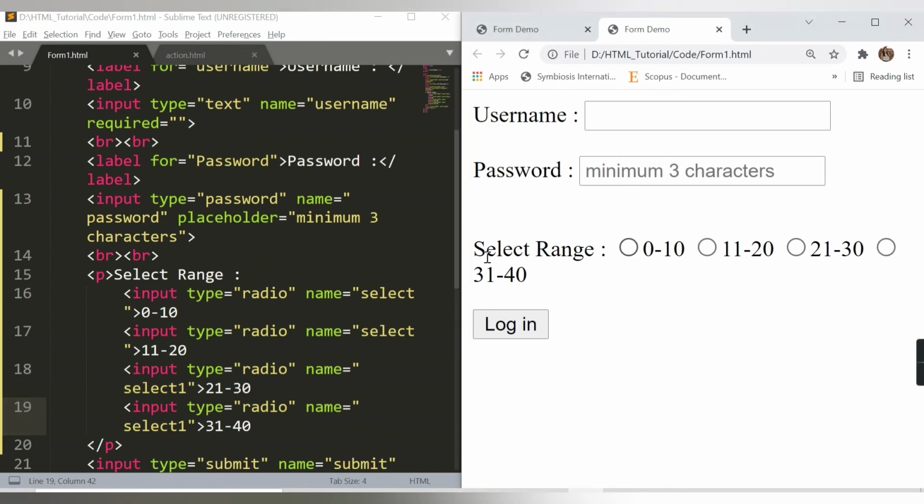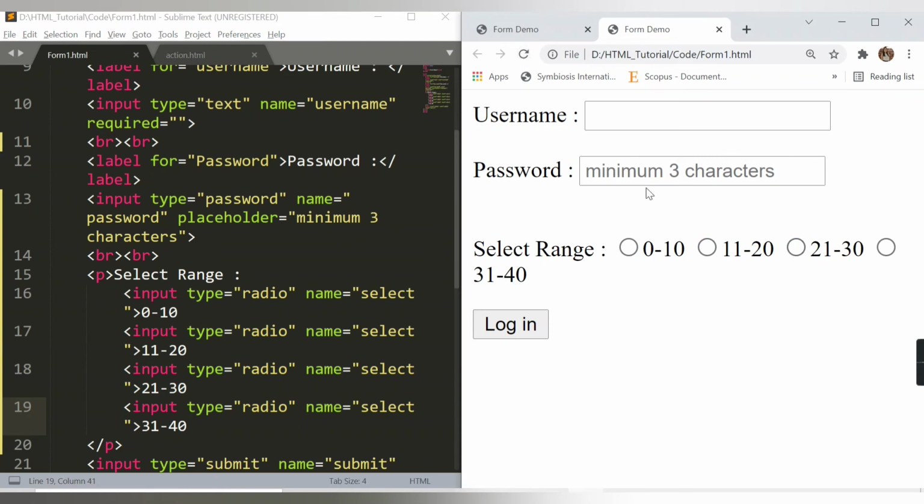In this case, for the first two the name is select, so only one of the first two options will be selected, and for the other two, select1, only one of the third and fourth will be selected. But you can select two options, one from the first two and one from the last two, if you misspell the name. That is not what we wanted, so we will make it select again and refresh the browser.